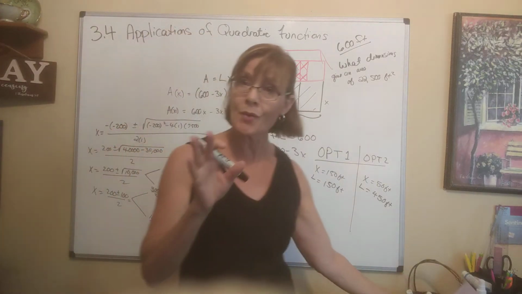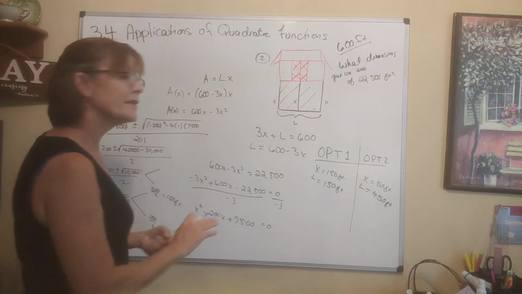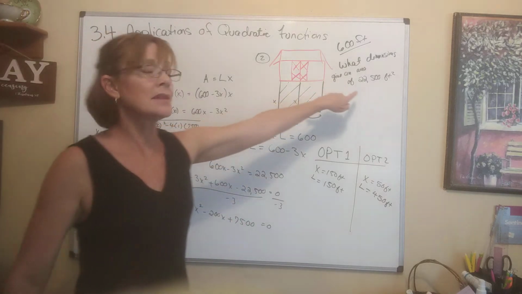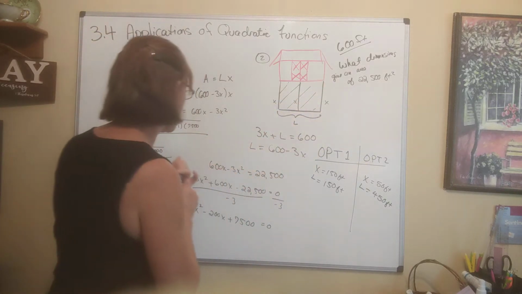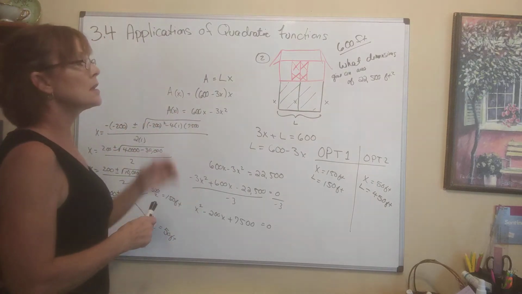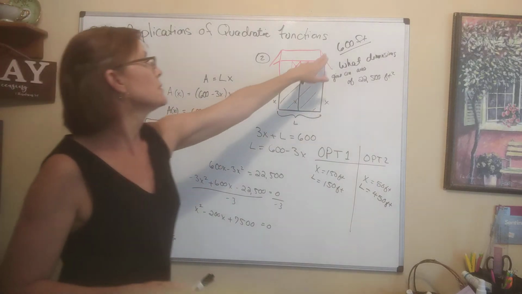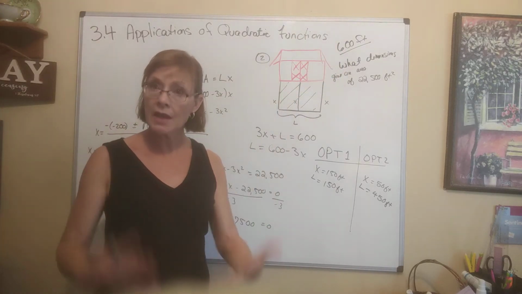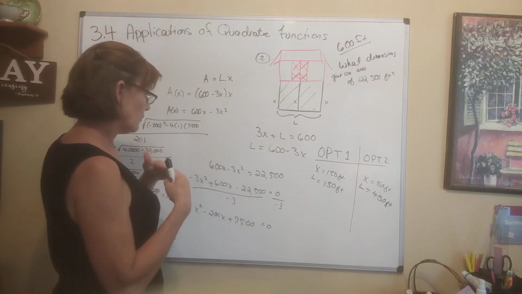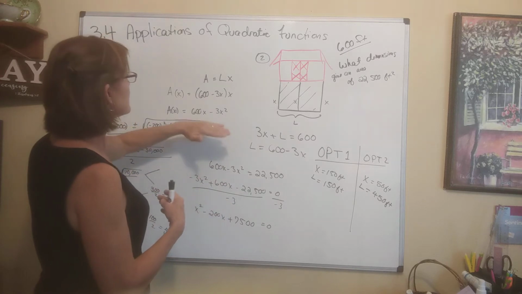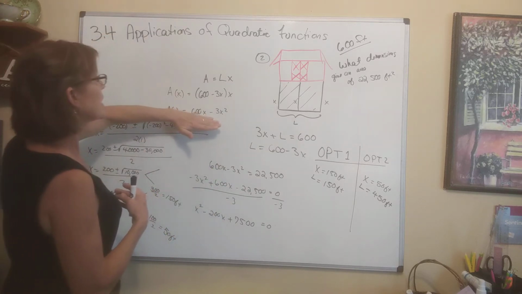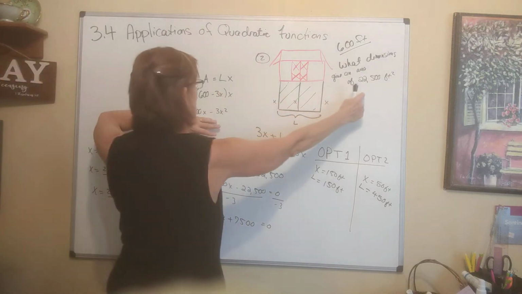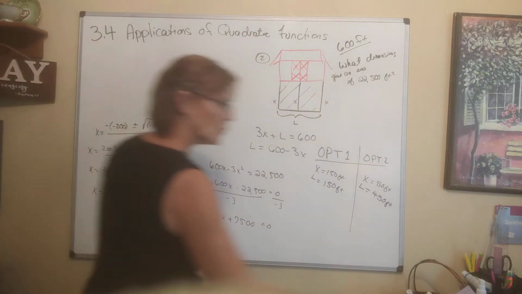Now, if that's not what we were after, part B says, what dimensions would you need if you wanted to maximize your area? So that's not necessarily the maximum. So let's see, what would they be? We would do the same thing: we would use the fact that we have this much fencing available. We would come up with an expression for area, which is this basically. Here's our area right here. We don't set it equal to that because that's not what we're interested in this time. We want to maximize it this time. So what we do here